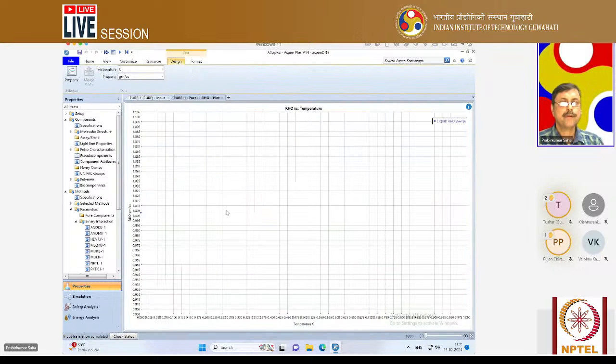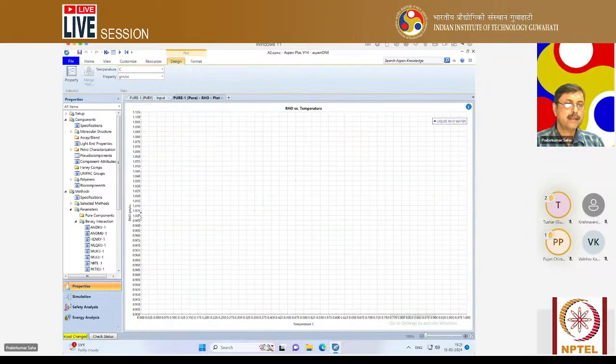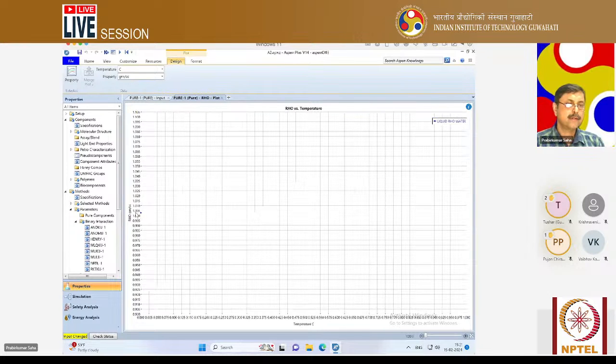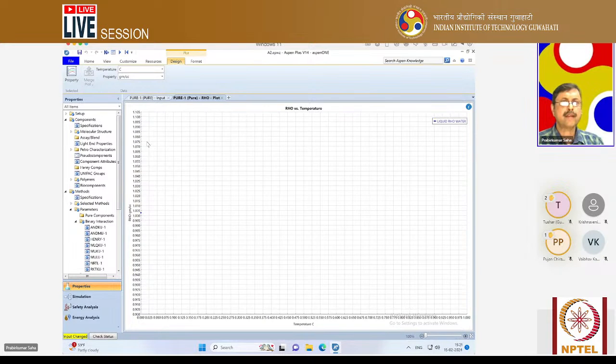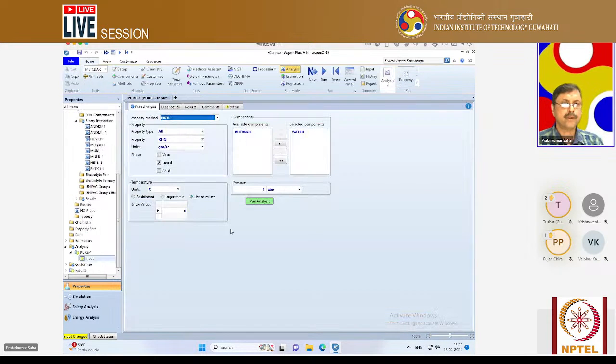Okay, so you can see it is written as slightly more than 1.003 or so. Now I remember it is not 0 degree centigrade. There is something called anomalous behavior. I think it is 4 degree centigrade. As far as I remember, it is 4 degree centigrade. So if you check at 4 degree centigrade, I believe we will get it at